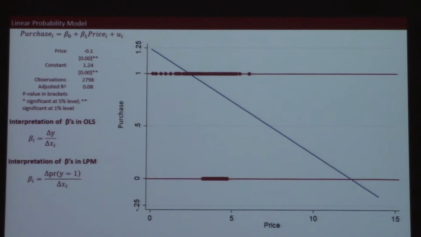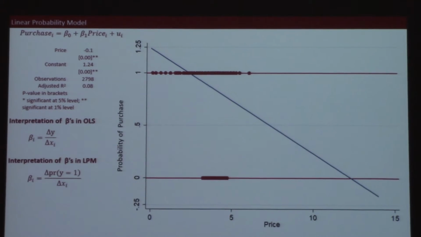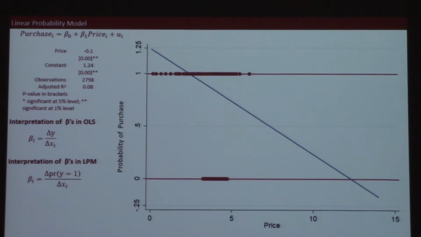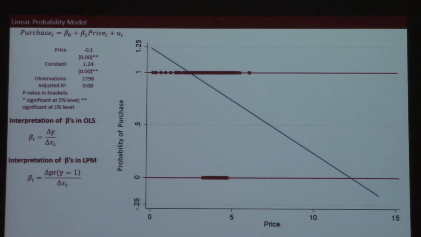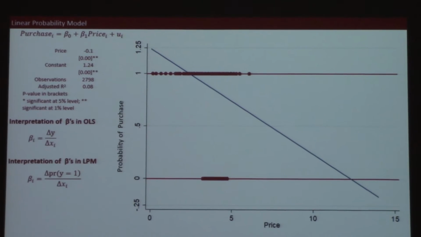So this goes from number of purchases to probability of purchase. Again, it's the same reg command. We're still going to regress purchase on price. We get this output, but now the interpretation is that for every $1 increase in price, the probability of purchasing goes down by 0.1 percentage points. For every $1 decrease in price, the probability of purchase goes up by 0.1 percentage points. So you still have a similar interpretation, and I think that's why people like this: they can explain it, and it makes sense to them. But theoretically, it should be problematic.